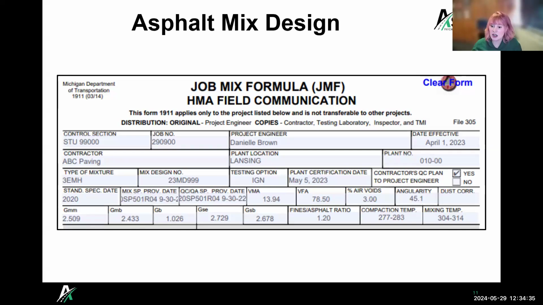I got another question here. Do you check the specific gravity values when you review a mix design? Is that something that you should be checking, or should those be pretty standard? Yeah, they're usually pretty standard, but MDOT does check those as well. When you're submitting a mix design for approval, you have to submit all of your different aggregates and your liquid and all that. And then basically MDOT is putting together your blends and going through all this testing as well. So even though you've tested it and submitted all that material, MDOT is checking that as well.